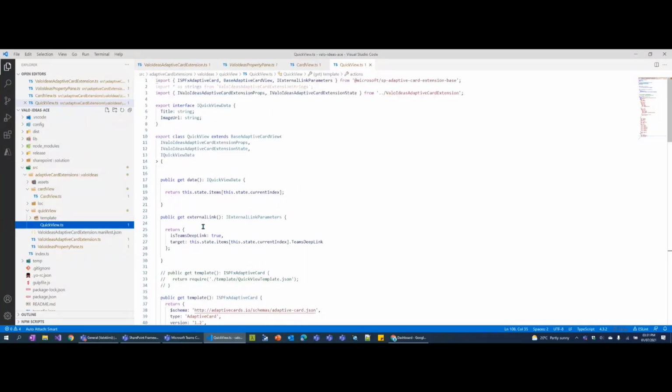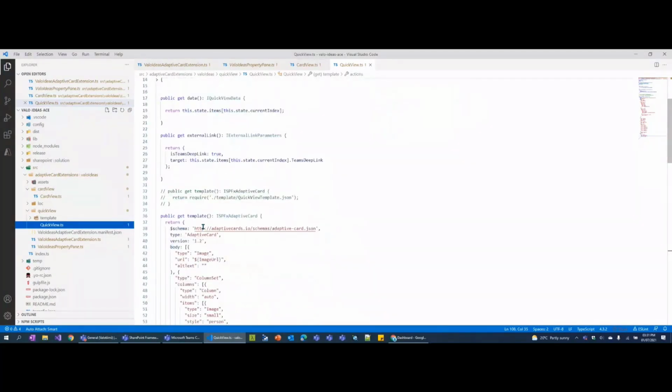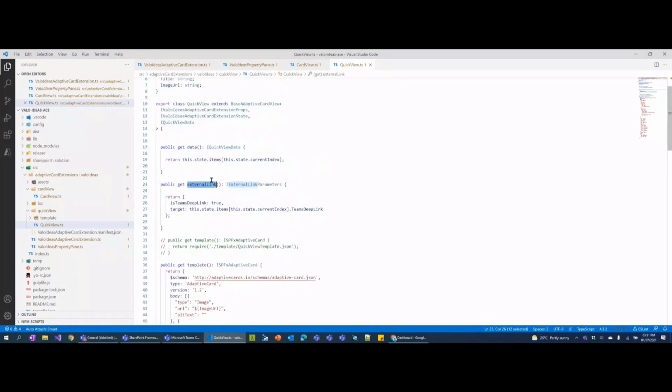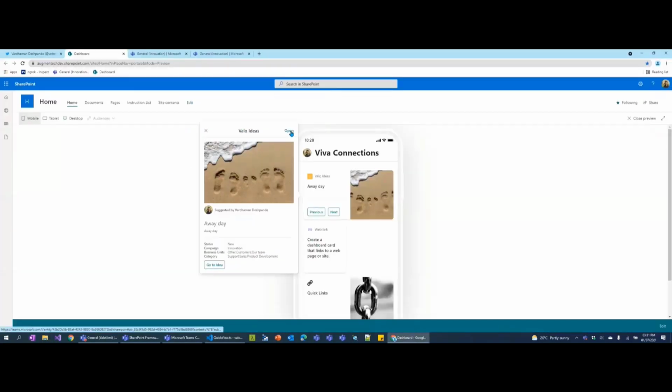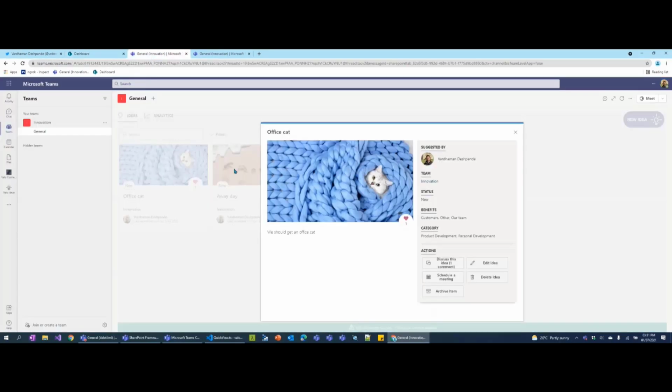And finally, in the quick view, there's going to be an external link method which you can use to create your deep link to a Teams application. And that's how when you click on one of the cards, you get thrown into a deep link into Teams without changing the context.